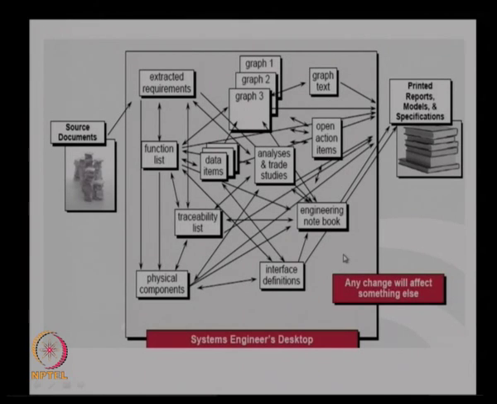So how do we have a properly ordered and systematic way of representing all these things using the capabilities of computation and information technology? How do we actually develop an application where we can have all these things in a very ordered and systematic way without much complexity? You can make easy changes, you can have proper traceability. So how do we do this is a major task for a system engineer.